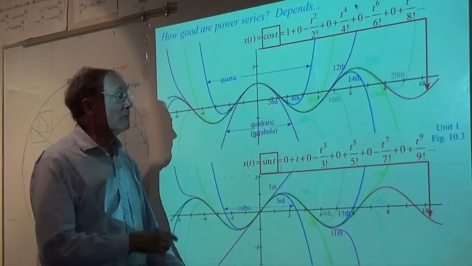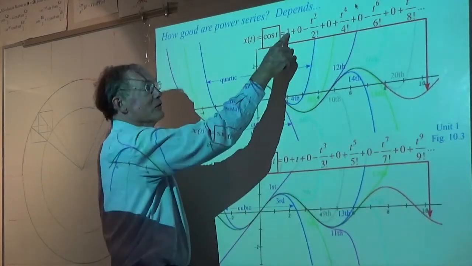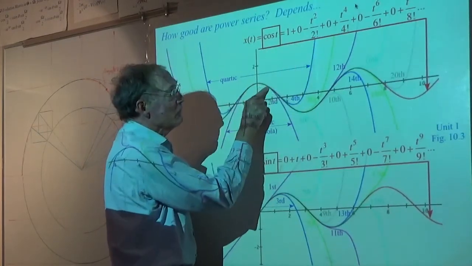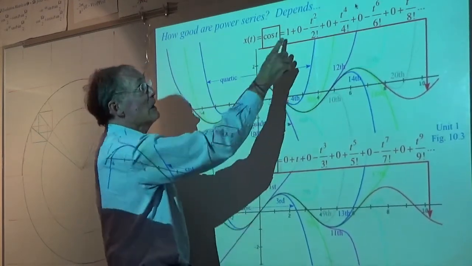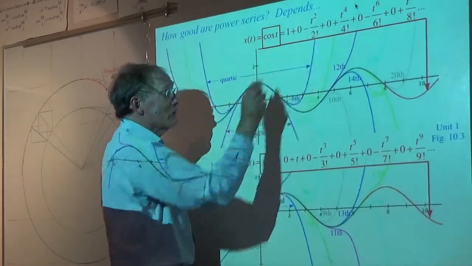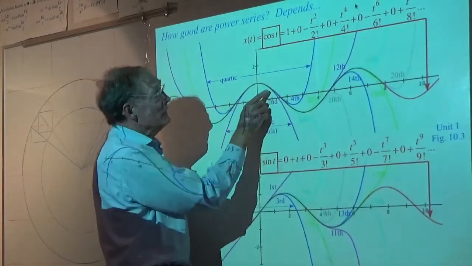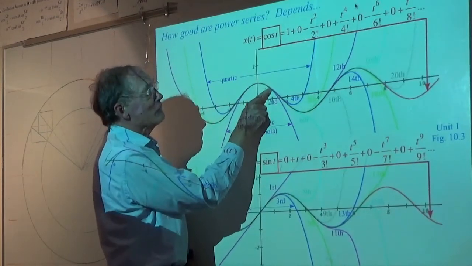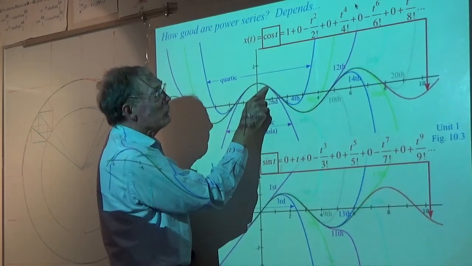in some ways similar, but you see, you start here, and all you need is this. Then the quadratic part takes you to about there. See the parabola? That's the quadratic parabola of 1 minus t squared over 2. Now it peels off. I can see purple pixels coming out of the black pixels right about there. Okay, so I would say it's good to 1% or so up to that point.